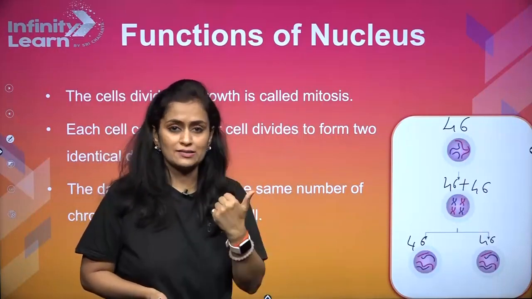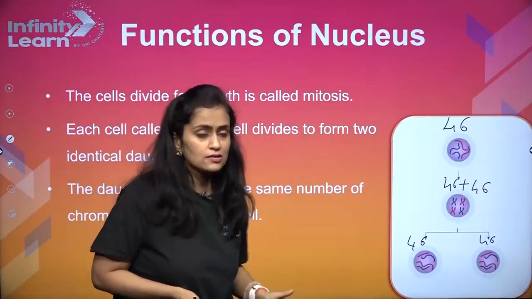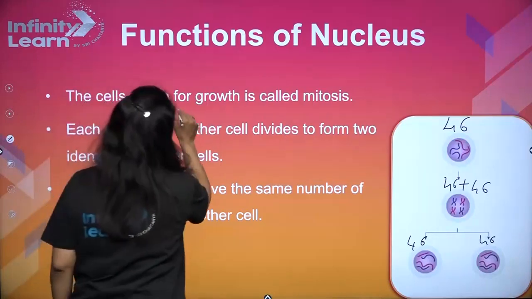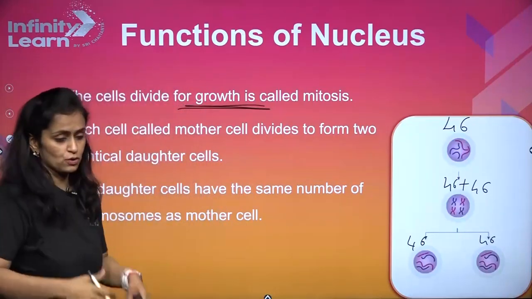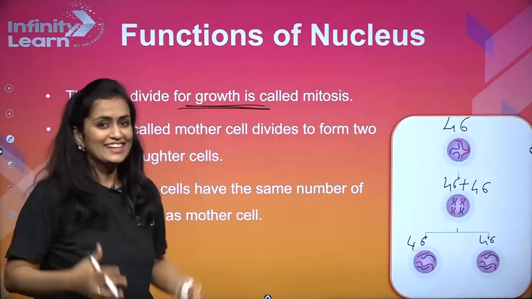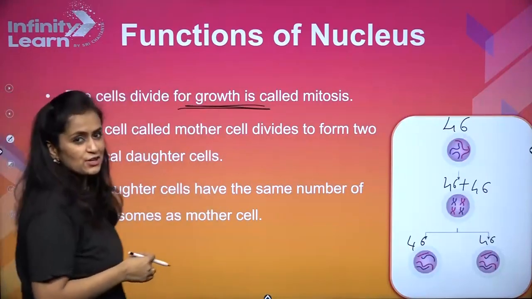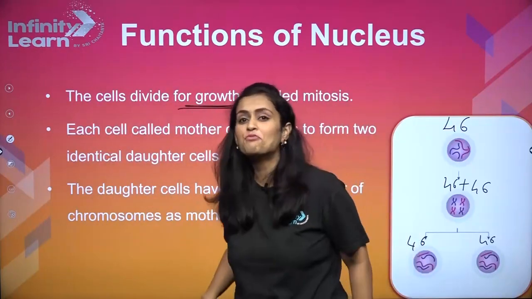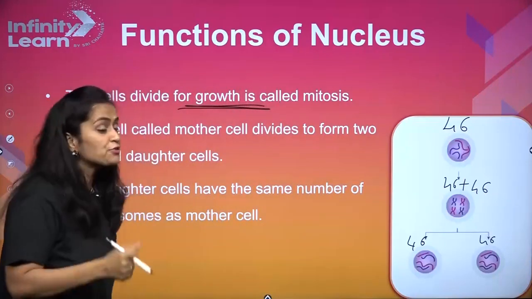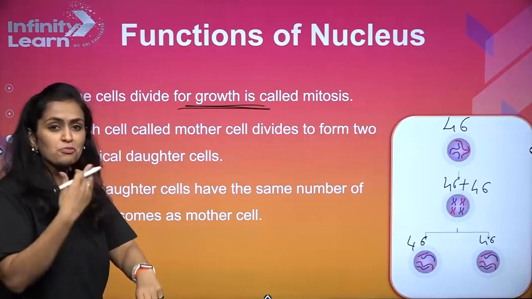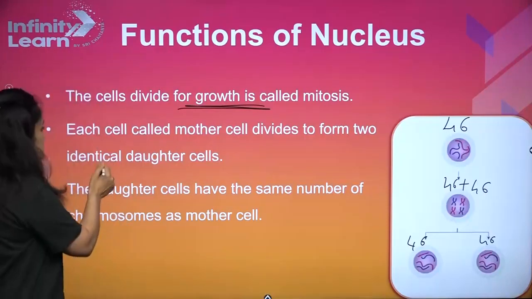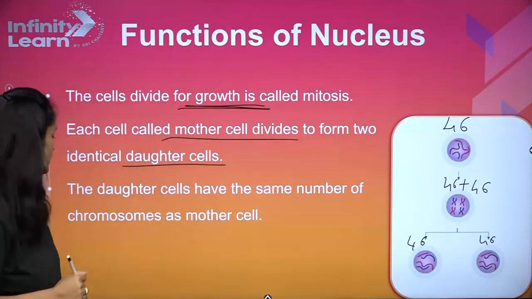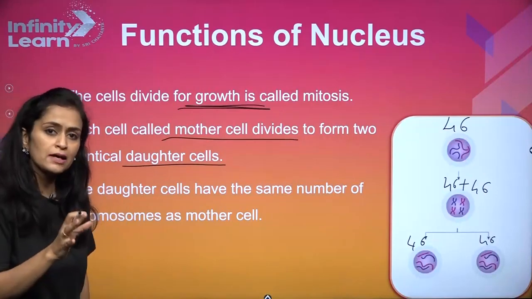Those are called somatic cells. Your hair cell, your skin cell, all the cells which are going through regular cell division. So the cell division is for growth, right? And that is mitosis, because when we are growing, the cell mass is also growing, right? So that is mitosis. Should I tell you a fun fact? Within 7 years, your cells are completely replaced. You have a complete new body, right? That is how mitosis helps in replacing these normal cells again and again. Right, so each cell, called the mother cell, forms two daughter cells, as I've explained already. The chromosome number over here remains the same.